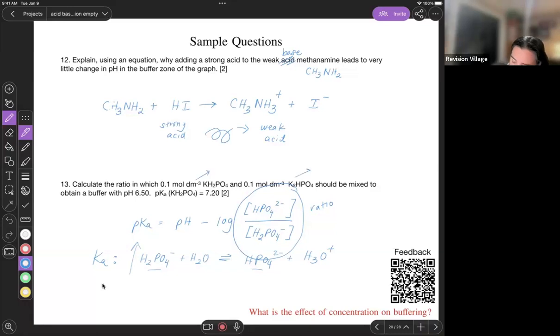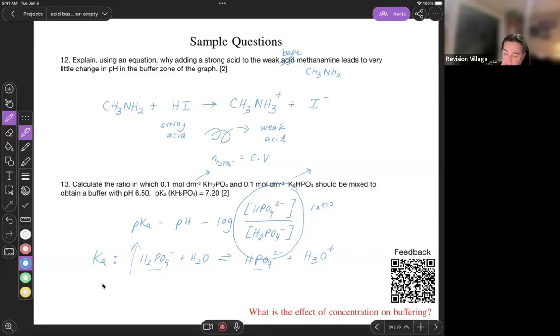But when I mix them together, I'm not really interested in what their concentrations were before I mixed them. I'm interested in what their concentrations are in my reaction. And so I need to know how many moles of each of those things I would have. And so the number of moles of H2PO4 would be equal to the concentration times the volume. And so it's really the volume that I'm going to care about when I'm making these solutions. So I'm going to go into the stockroom, I'm going to grab 2.1 molar solutions, and I'm going to ask myself the question,